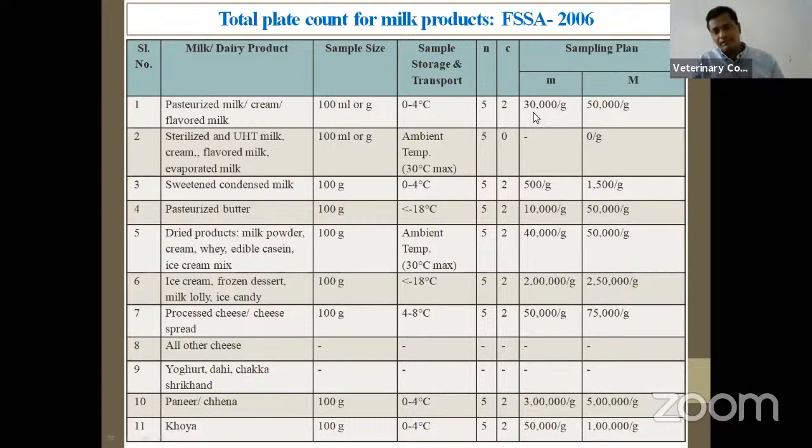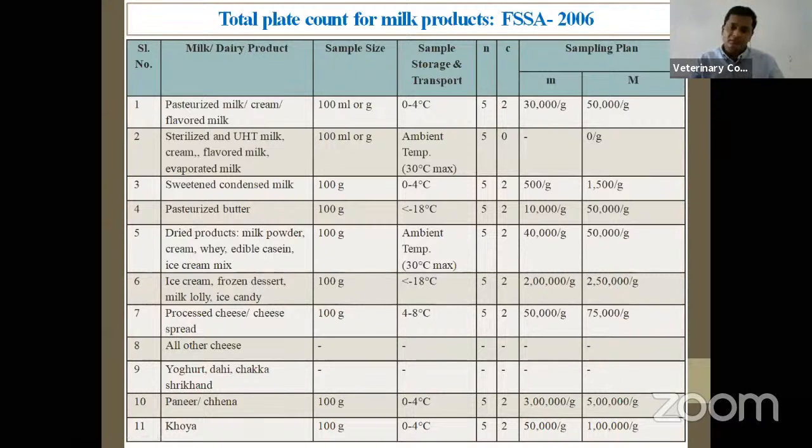Then, what is the microbiological specification that has been given to this? Preferably, if all these 5 samples have a count less than 30,000 colony forming units per gram or per ml, fine, excellent, no issue. It is compliance only. This particular pasteurized milk is complying with the specification given by FSSAI. But it won't always be like that. You have collected 5 samples, all the counts are less than 30,000, excellent.